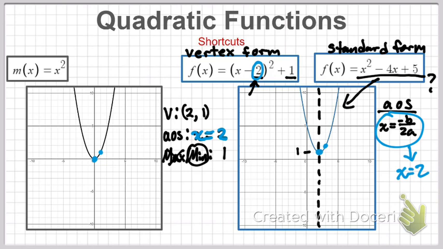Okay, so when we graph, what you got to do is you have to first graph the vertex. So our vertex is 2, 1. Then the other thing you want to do is you want to graph a point right next to the vertex. After you graph that point right next to the vertex, you can copy it over to the other side because of the axis of symmetry. And so I have an axis of symmetry right here. I'll be able to copy this 1 point over to the other side,